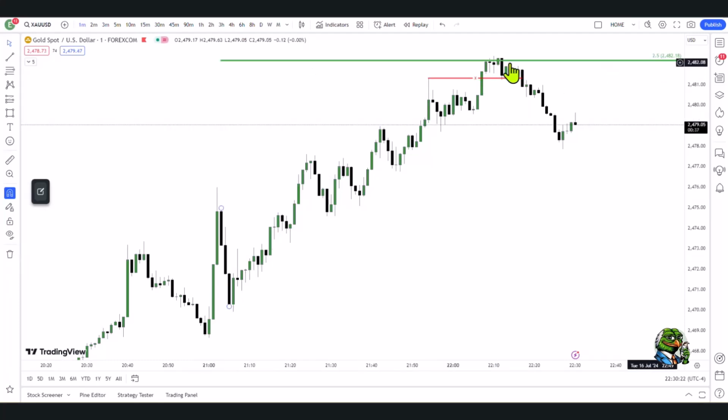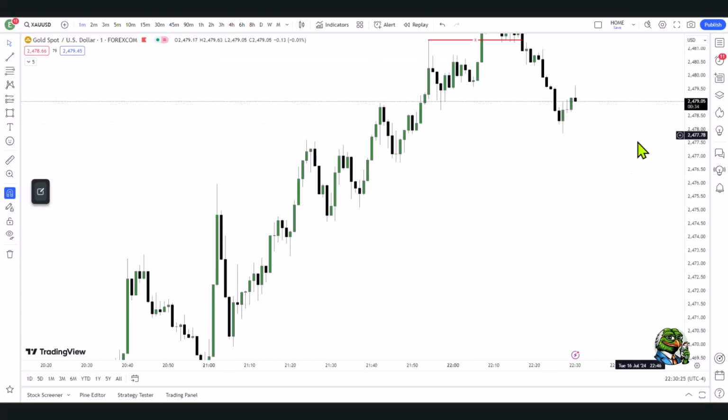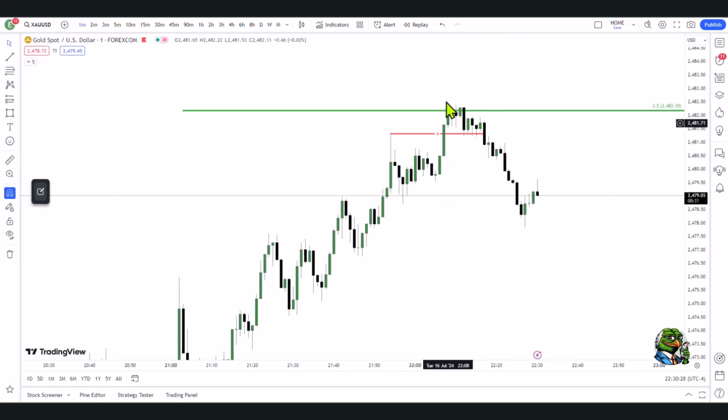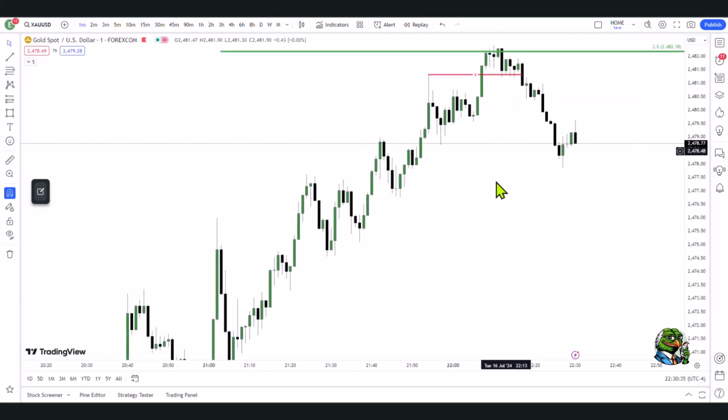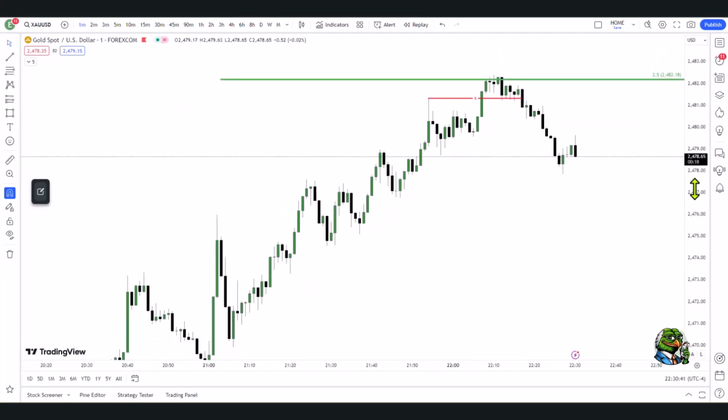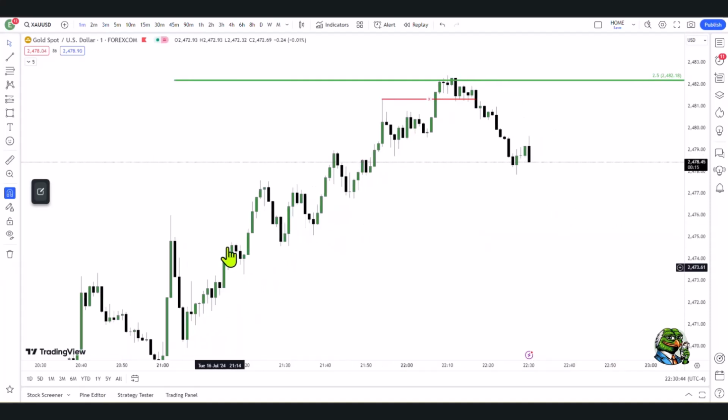And I've got this level here, okay? And I'm looking to see, okay, at that level, does gold take any liquidity? And we can see it's taken a previous high and now coming down. Now, how do I know this wasn't the high, or this wasn't the high, or this wasn't the high? Well, I don't know. But what I can see as I'm watching this is every price movement higher is supported by down candles, which are the order blocks, okay?